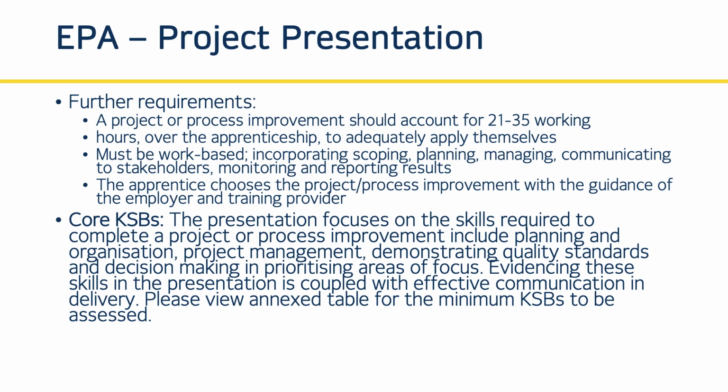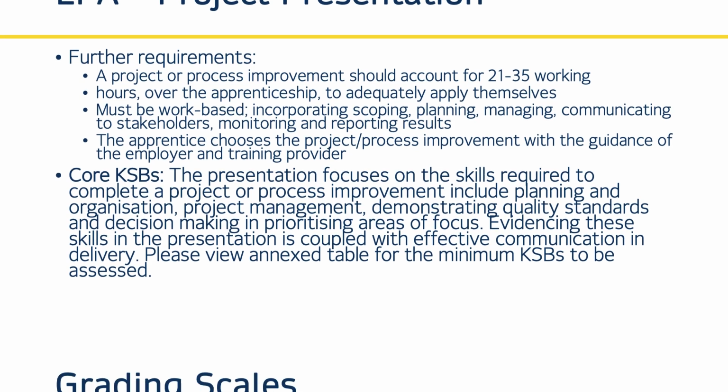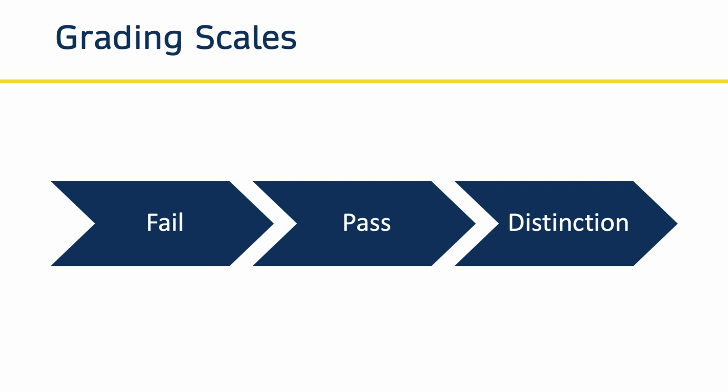This assessment method focuses on the KSBs around project or process improvement that are outlined in the KSBs, and again, you can see that full list in the assessment strategy guide. Once you've completed these 3 assessment methods, you would then be given a grade. If you get a pass or a fail, first of all, is what you're looking at. Most learners would expect to get a pass at this stage because you'll be prepared for it over the previous 18 months. However, if you do exceptionally well on your endpoint assessment, you can receive a distinction. To see precisely how the scores add up, that can be seen in the endpoint assessment strategy guide.